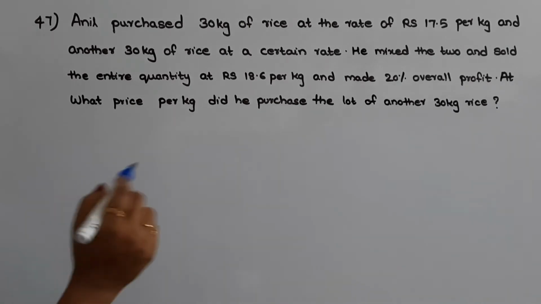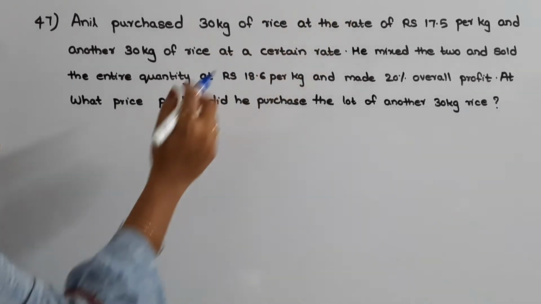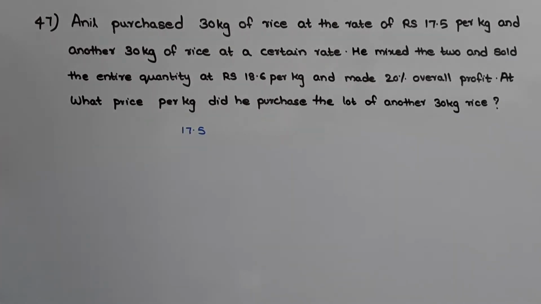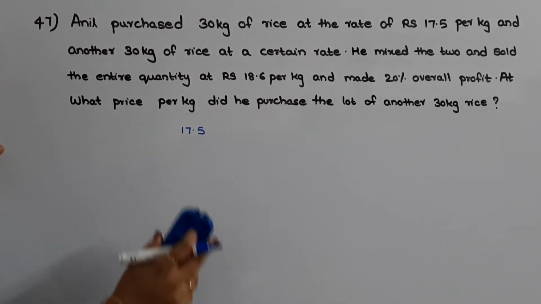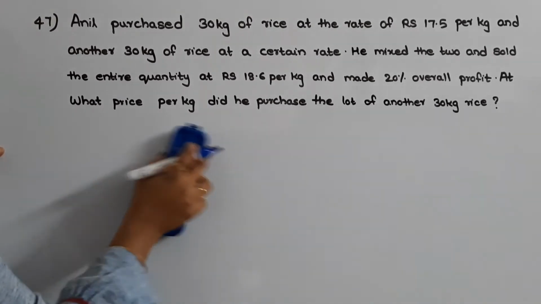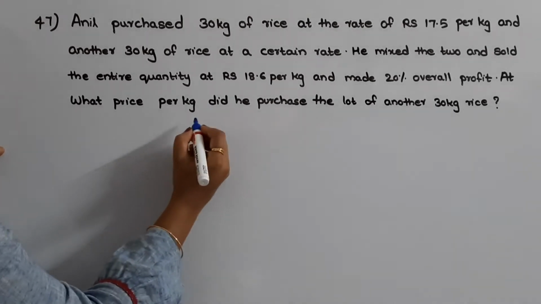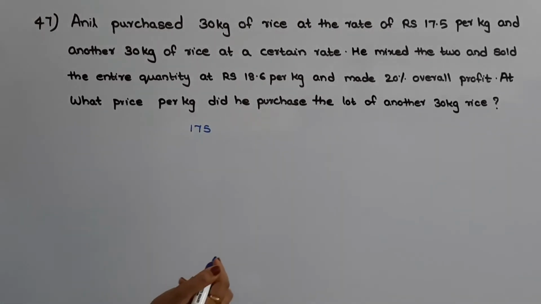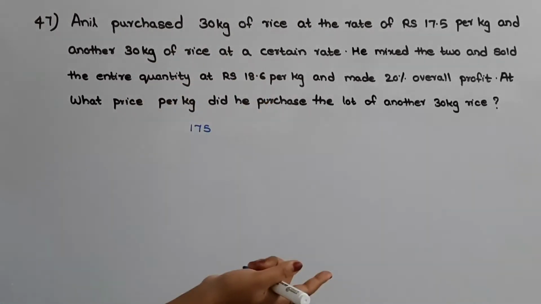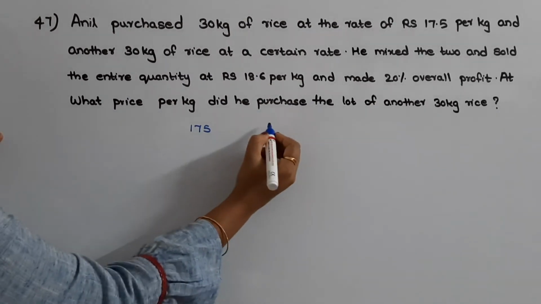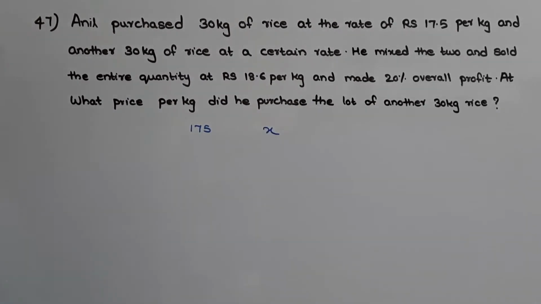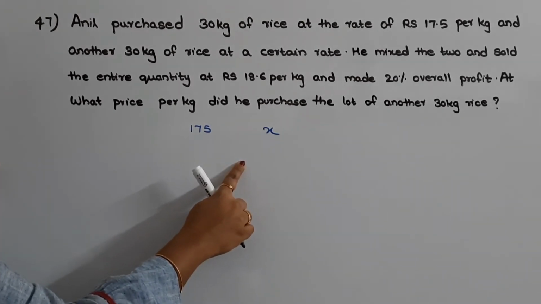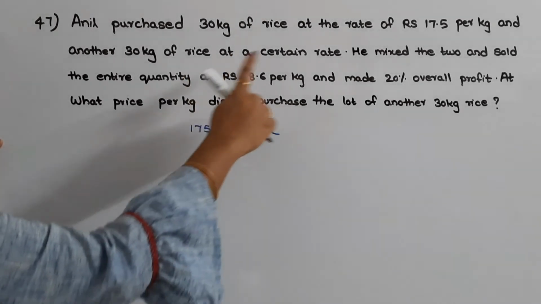Okay, so let us write the cost price of the first type of rice as 17.5 here. See, whenever we are doing alligation method we can neglect the decimal point. So let us write the cost price of the first type as 175. Okay, and the cost price of the second type we need to find out. So let us assume the cost price of the second type as X. Okay, so here in the middle we need to write the cost price of the mixture, but the cost price of the mixture is not